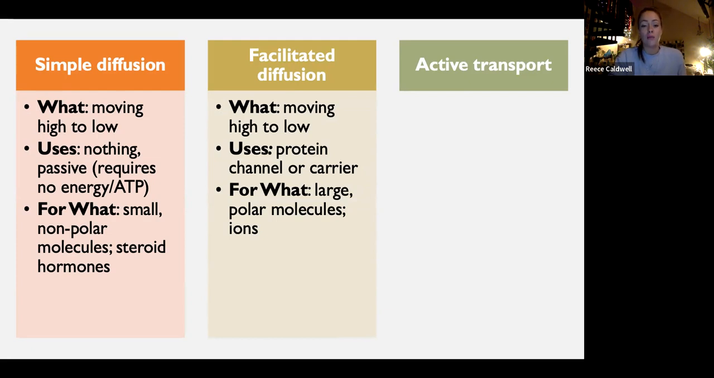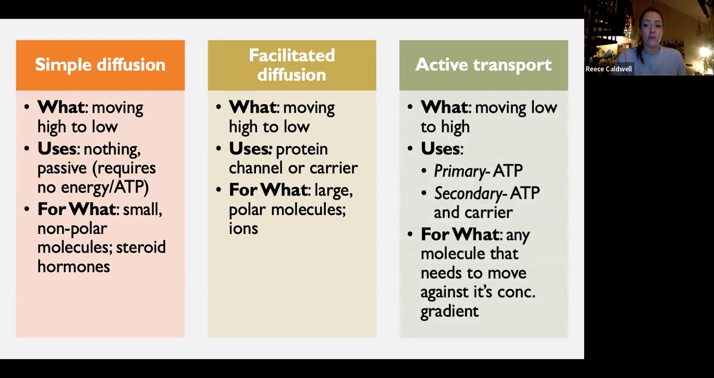However, we need some type of protein channel or carrier because we're working with large or polar molecules or ions that are charged. And we'll look at what ions are in just a little bit. Lastly, we have active transport. Active transport is talking about the movement from low to high. So we need some type of energy here because we're moving against our concentration gradient, that low concentration to the high